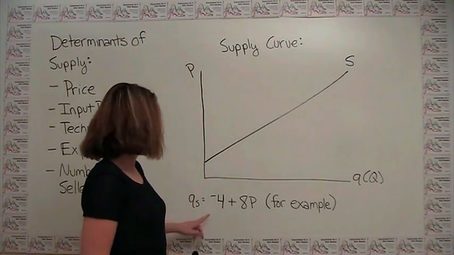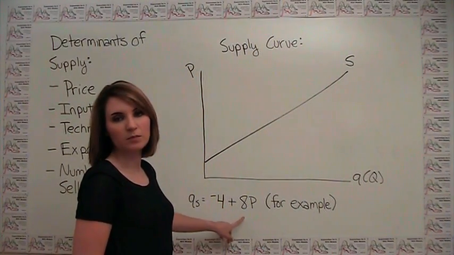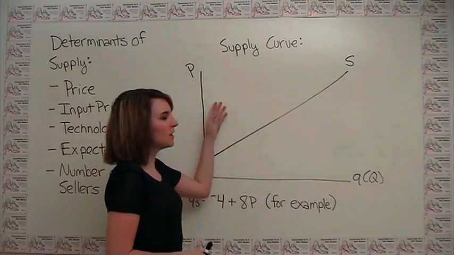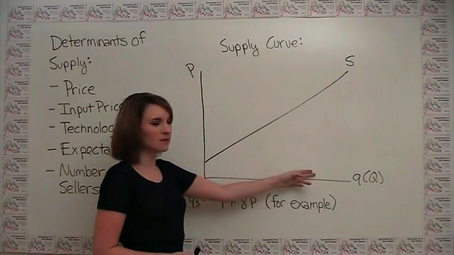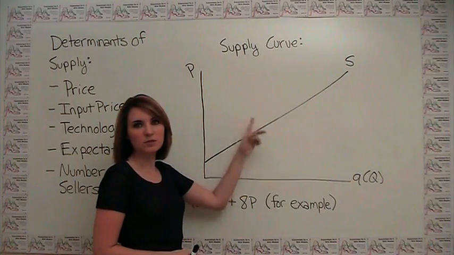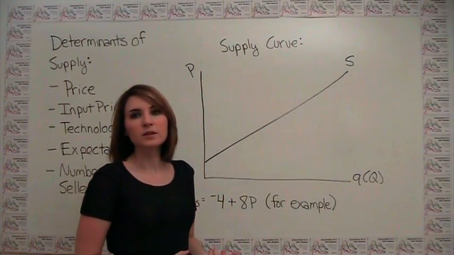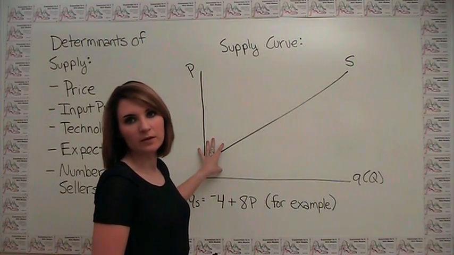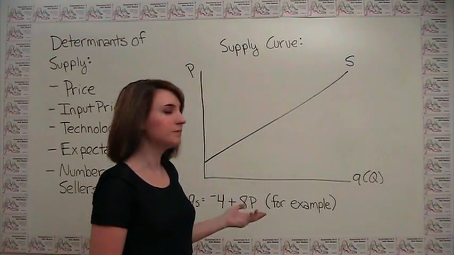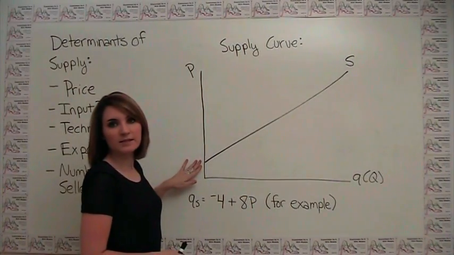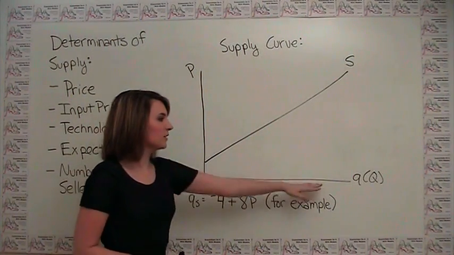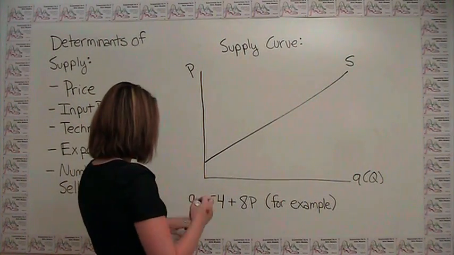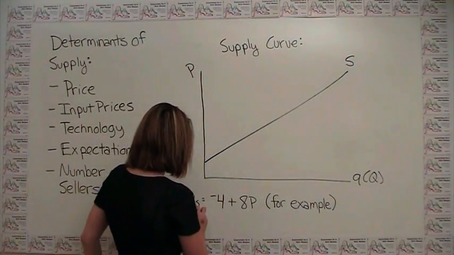We can say that the quantity supplied is equal to -4 plus 8p. Well, how would we graph this? When we had a demand curve, we had two different intercepts on our graph, and we said we'll just plot those intercepts and draw a line. Now with the supply curve, we really only have one intercept to speak of. But still, we might as well start there. You can say, this intercept here is the place where quantity supplied is equal to 0. So if we set quantity supplied equal to 0 and solve for price,